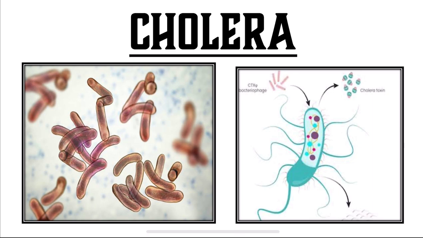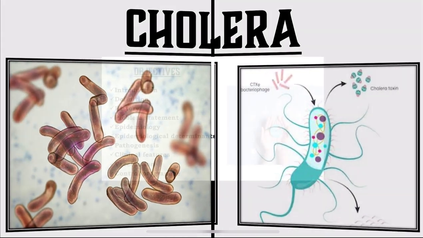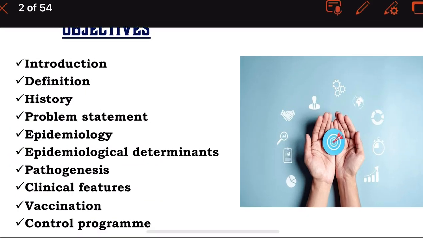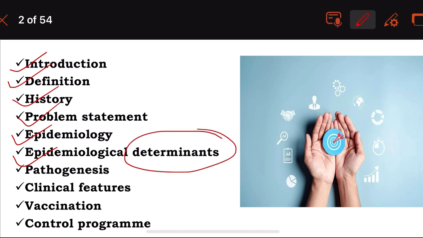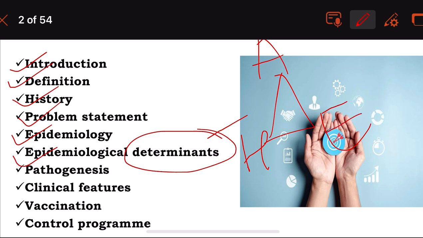It is a continuation of the topic Epidemiology of Communicable Diseases. The objectives of this session are: introduction to cholera, definition of cholera, the history and problem statement, followed by the epidemiology and the epidemiological determinants, which include the agent factor, host factor, and environmental factor, followed by the